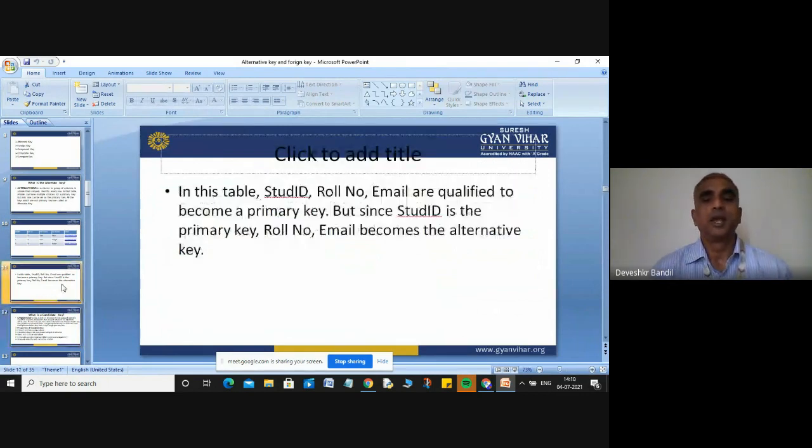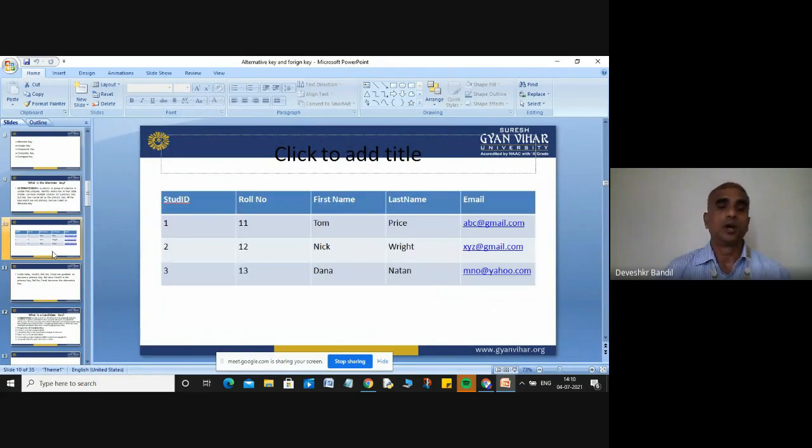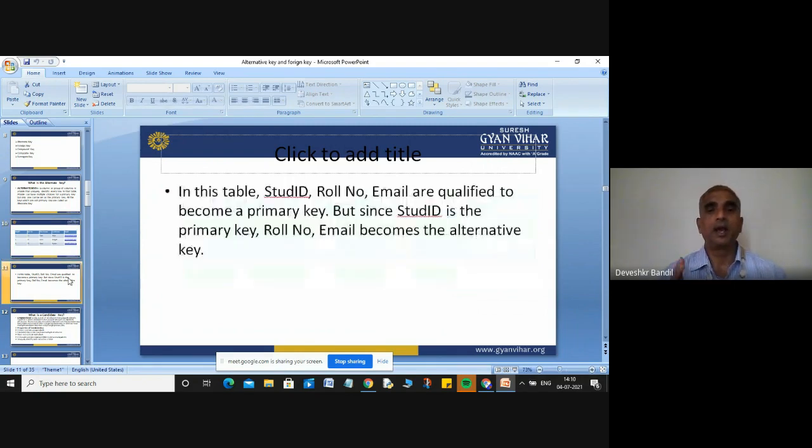In this table, student ID, roll number, and email ID are qualified to become a primary key. Here you can make the column student ID a primary key. You can make the column roll number a primary key. And your email is also qualified to become a primary key. But since student ID is the primary key, roll number and email become our alternative keys.